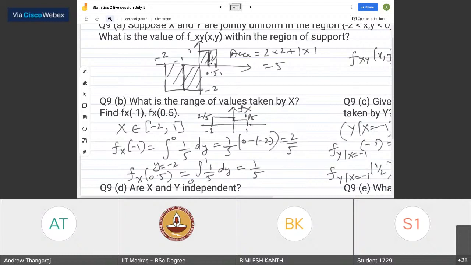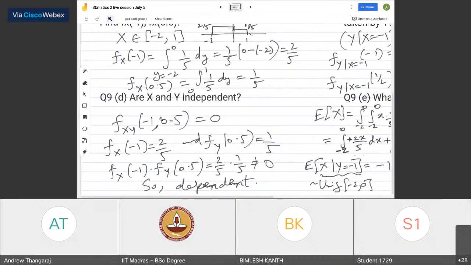It's the end of story, right? Because once the range changes, it doesn't matter what the actual distribution is. Okay, so if the range of y is different for a particular x, two different x's have two different ranges of y, immediately you know it's not independent. Okay, so it's dependent.